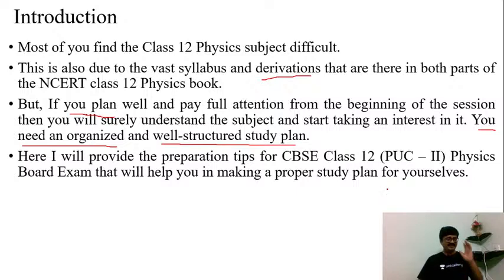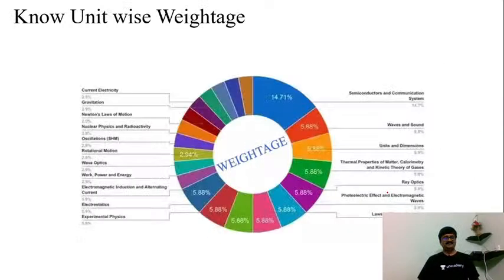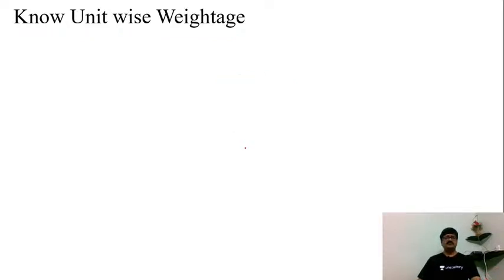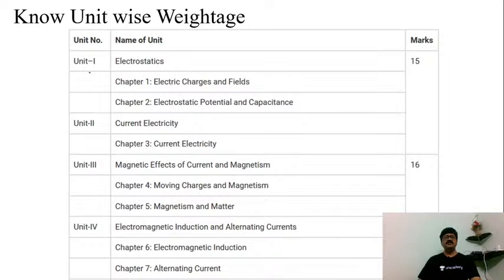Okay, now let's go ahead and begin our discussion. Now, first thing, before I plan, I should always know unit wise weightage. Now, what is the weightage that I have for each of the chapters in class 12 only? I'm talking about. Now, if you just start thinking about it, I have taken a direct pro forma of blueprint